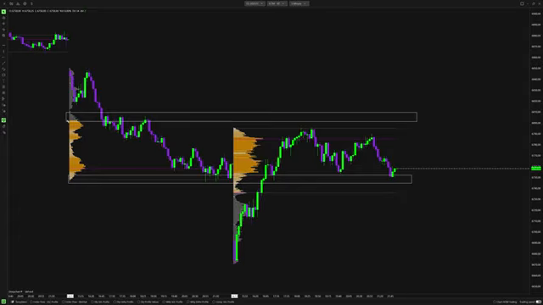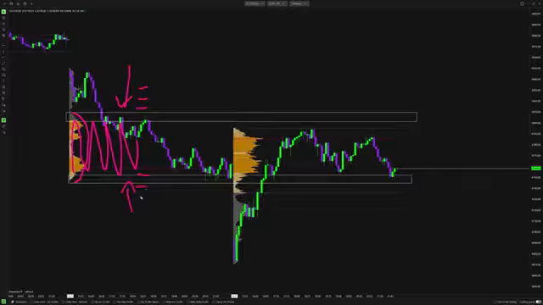Because if during a specific session price considered these prices to be fair or better, buyers and sellers on the aggressive side and on the passive side consider these prices to be fair, there is some level of likelihood that if we get further out from this fair valuation of the previous day, we will get back inside,